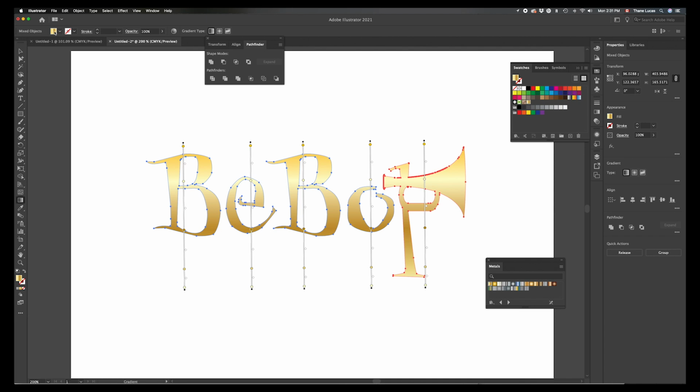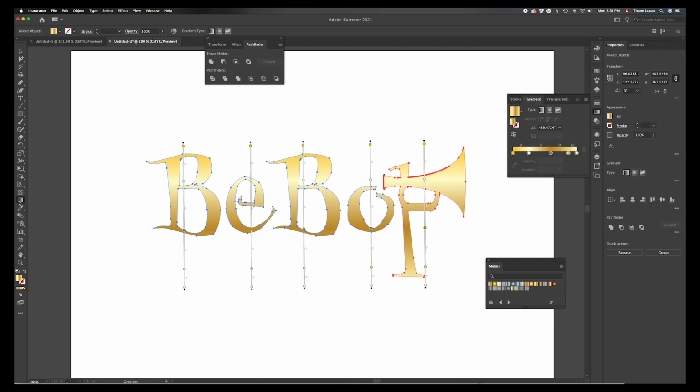Okay, I can bring up my gradient swatches. Okay, let's bring up my gradient editor. I can double click my gradient tool. There's my gradient editor. Okay, so you can see all the colors. I can see the colors here, the midpoints of the colors, same over here. You know, I think